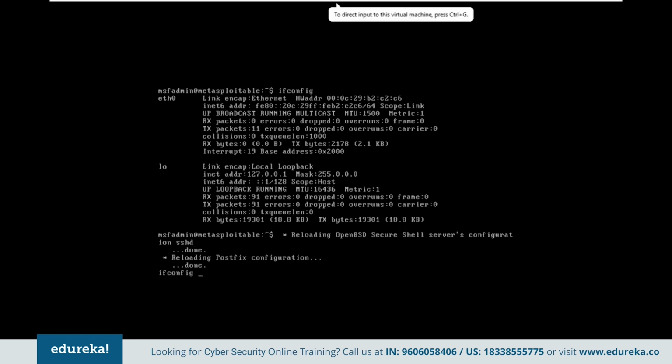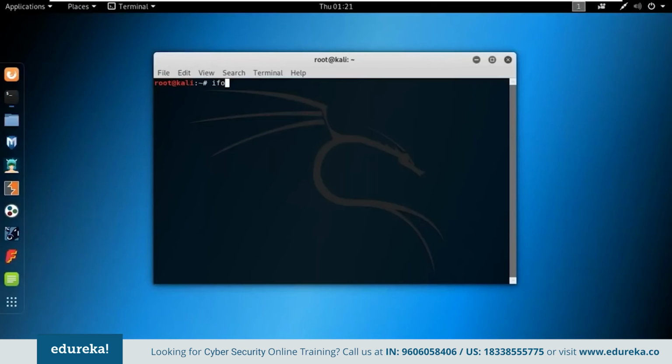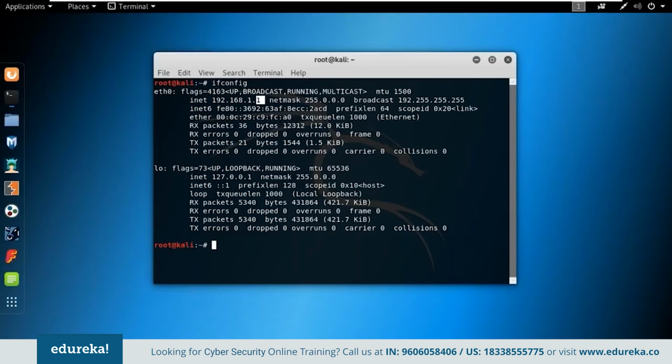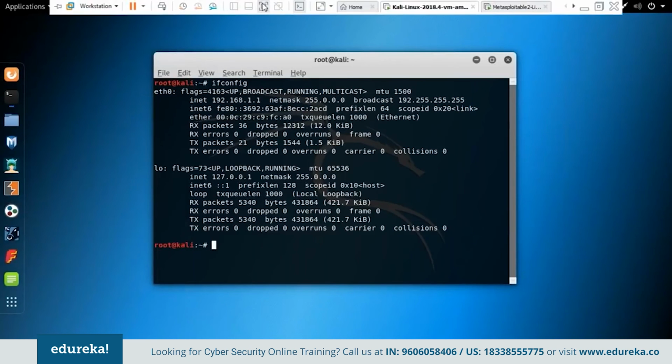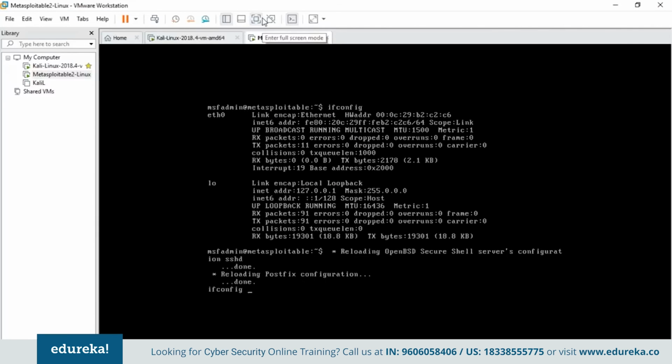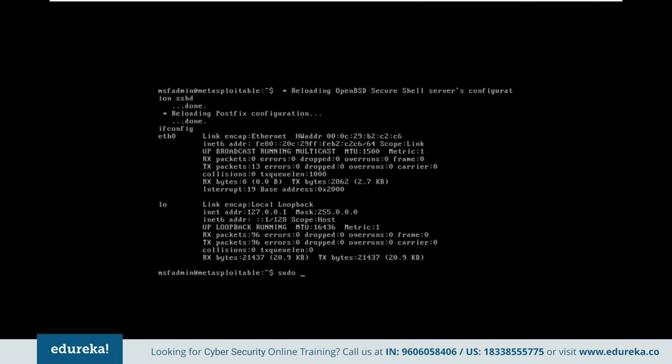So let me go back to Kali Linux. Let me maximize the screen and let's check ifconfig here as well. So yeah, this has an IP address assigned to it and the netmask is 255.0.0.0. Okay, let's go ahead and assign the very next IP address, which is 192.168.1.2, to Metasploitable 2. For that, let's go to Metasploitable 2 again. Here I go. And let me maximize the screen. Okay, I'm using this command to assign an IP address: ifconfig and the network card for which I want to assign, that's right, is eth0, so eth0, and it's